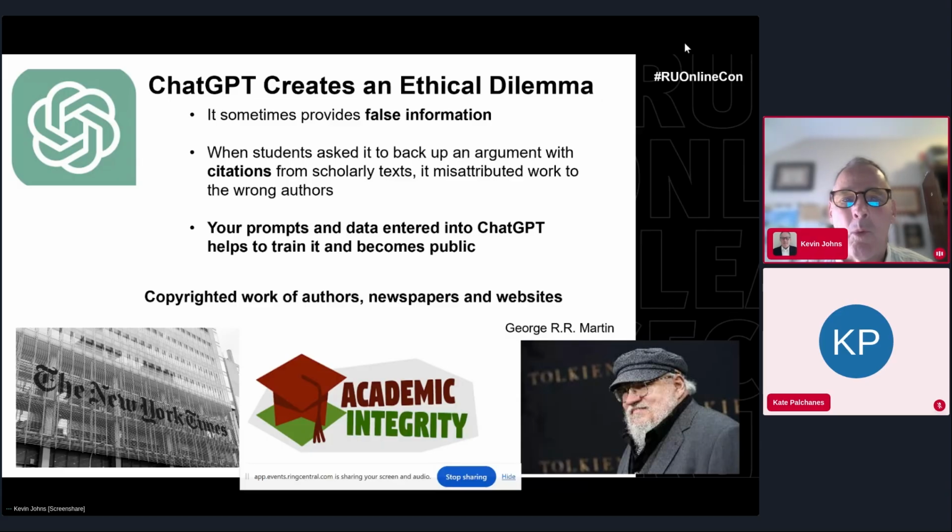The copyright work of authors, newspapers, websites, etc., that's still an issue. There are a lot of lawsuits going on across the Gen AI applications, and it's back and forth because, hey, if it's copyrighted, you can't use my stuff in Gen AI to improve the models. But then those modelers are coming back saying, hey, we don't copy and use the Mona Lisa. We're not going to reproduce that. That's copyrighted. Well, I'm using that as an example.